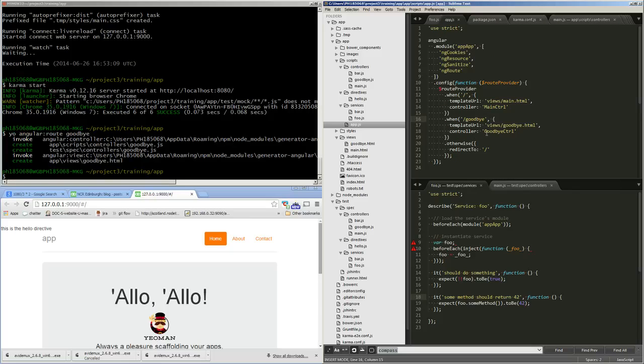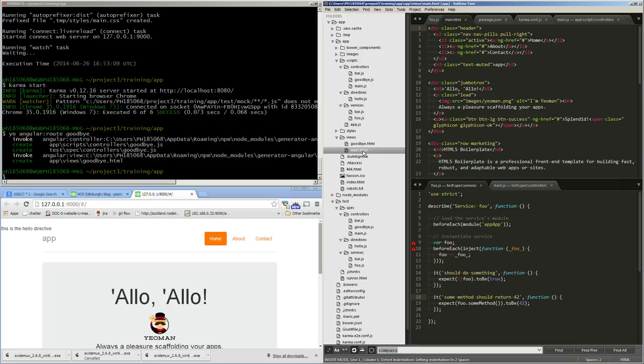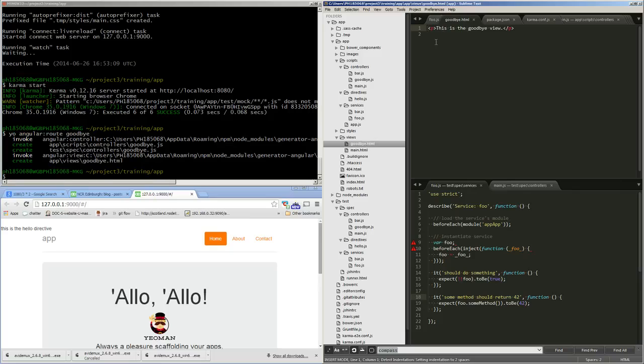So here in app.js it says look for views/goodbye HTML, and we go into views goodbye HTML and we see this, and so we're expecting if we rerun our server here,